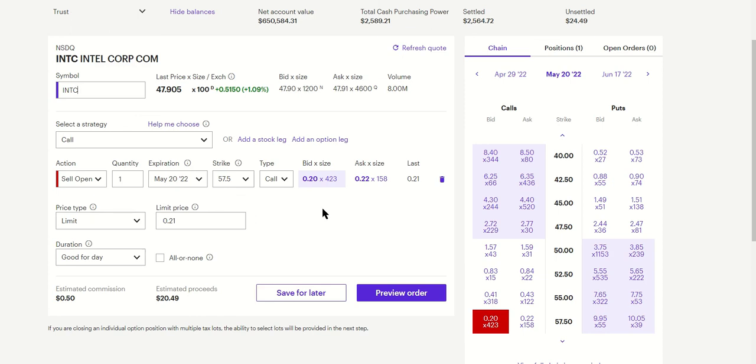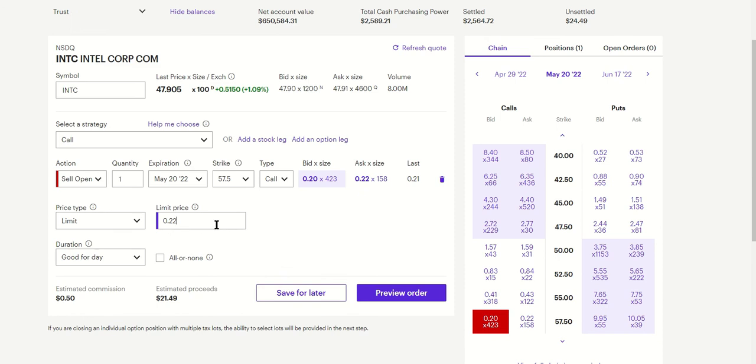So I have a choice to make here as to what my limit price should be. When we were doing the analyzer, the bid price was at 21, and now it's showing 20 as the bid price, and the ask is 22, and the price has gone down a little bit to $47.90, and it was closer to 48 before. I think it might fluctuate back up to 48 later in the day. So I'm going to put my limit price at the same as the ask price at $22.